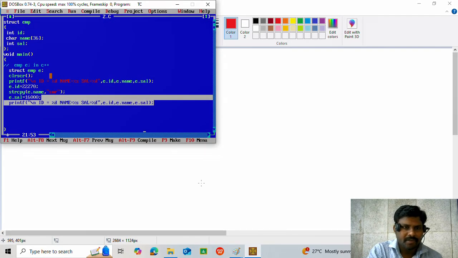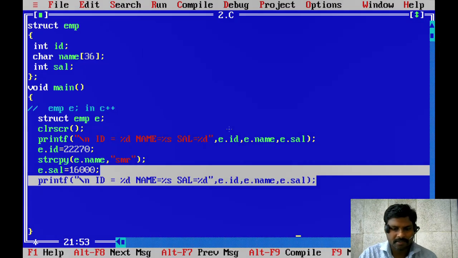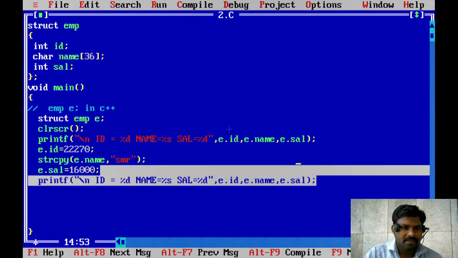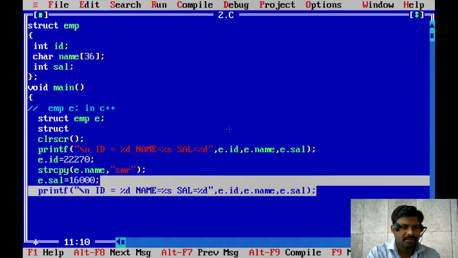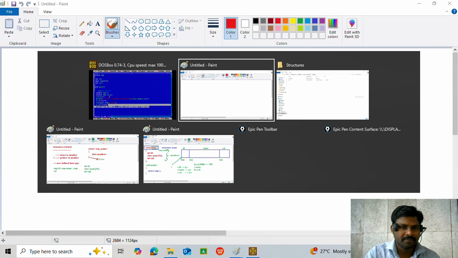In this topic we are discussing structures. So next one is struct EMP E1, E2. Once again memory is allocated for E1 and E2. E1 is which type? Struct EMP type. So the memory is allocated for